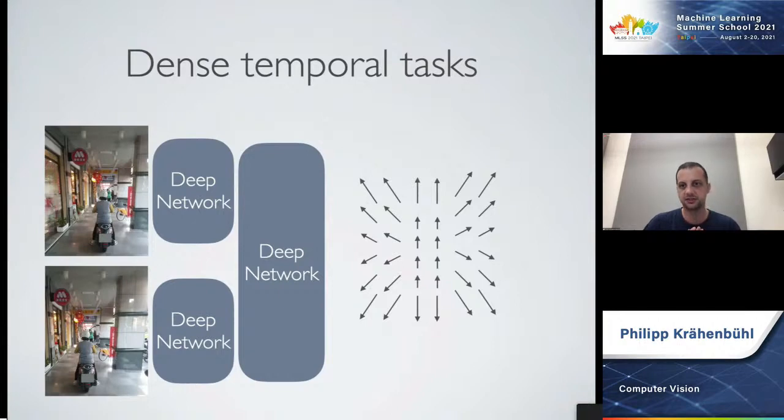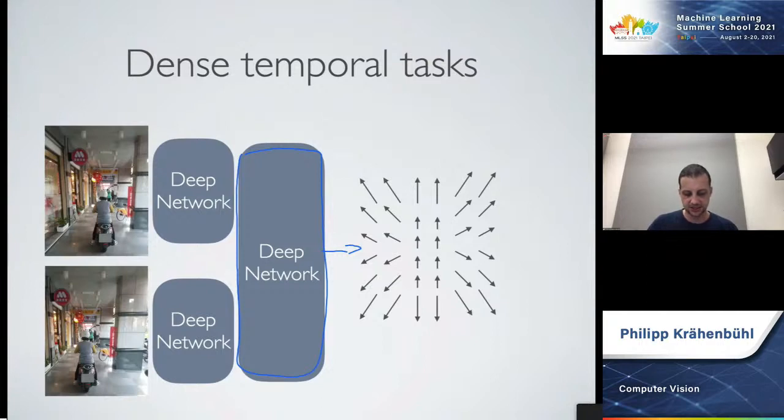And the way this is often done is by having a network that first processes two separate images, a pair of images, and then you feed this into some sort of Siamese network or some sort of network that either uses correlations or, in modern architectures, maybe even uses transformers to connect elements from different images. And that network will then produce a dense output, either a motion estimate that says where every pixel moved in terms of optical flow, or a time to contact, which is more like a depth estimate for every single pixel.